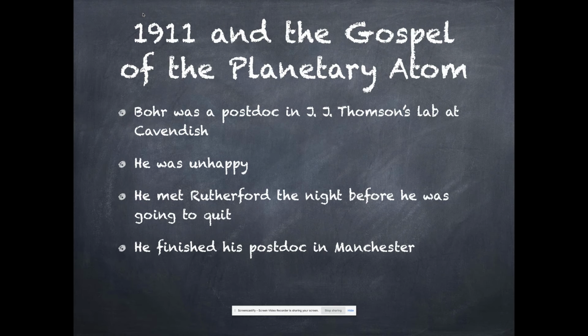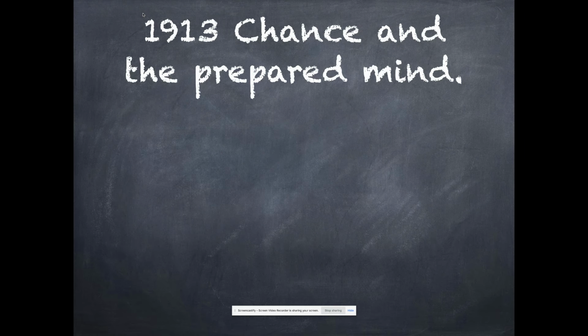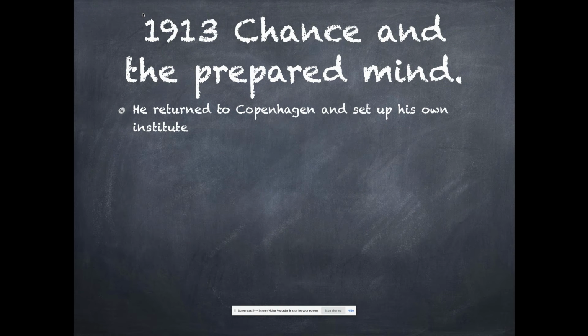Bohr became enamored with Rutherford's planetary model of the atom. And he decided that he was going to go up to Manchester and finish out the last year of his postdoc with Rutherford. Also a chance to watch the Red Devils play, go Manchester. And when he left and went back to Copenhagen, he was now a big proponent of this new model of the atom. Now, as he was setting up his laboratories in Copenhagen,